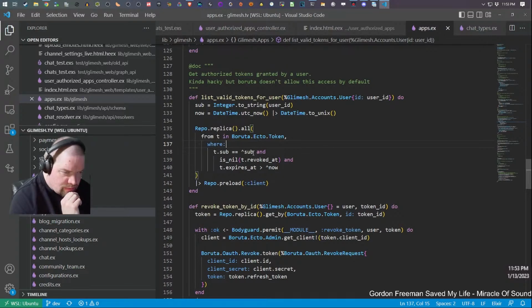Where t.sub equals sub, user ID. Revoke that is nil. Expires at is greater than now.